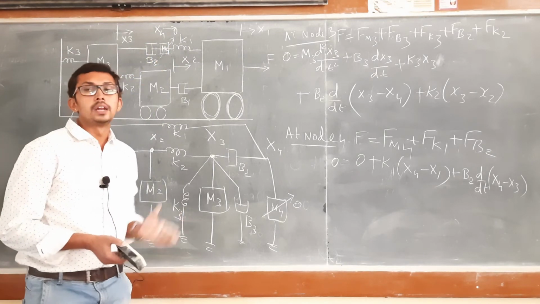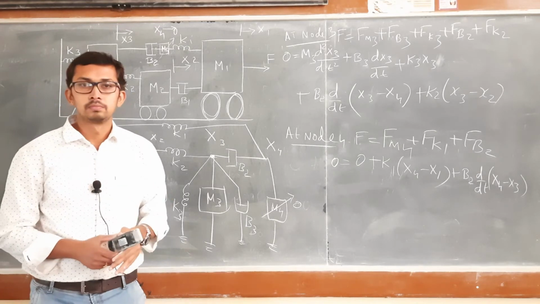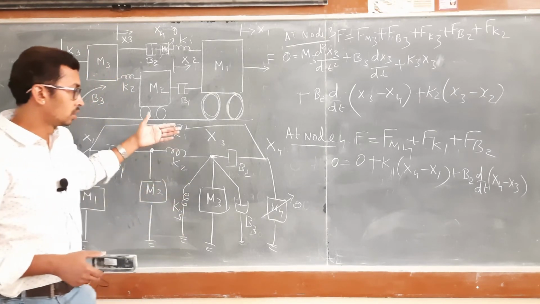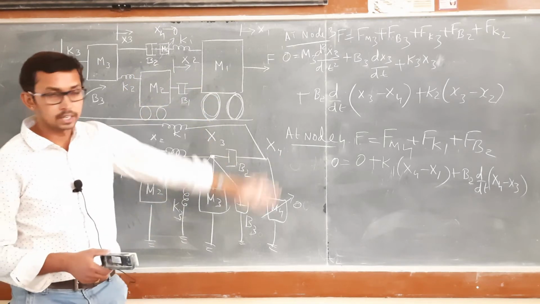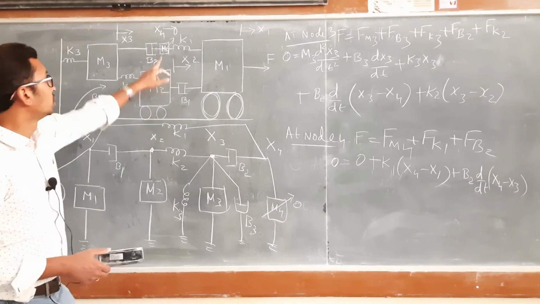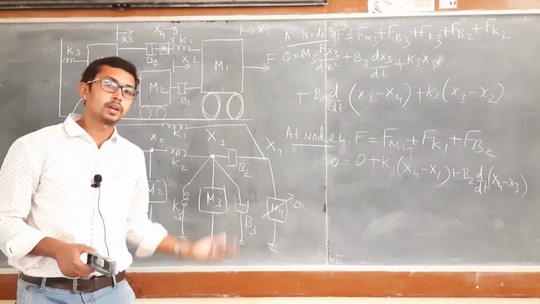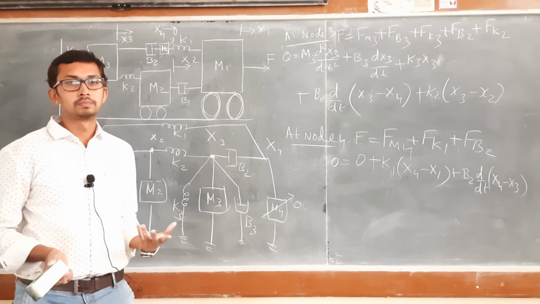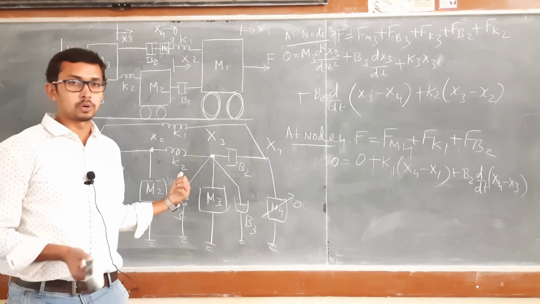As per the rules, number of masses is equal to what? Number of nodes. So depending upon this, we have to write the mechanical network and the differential equation. You have to pay very much attention. If you miss this step, you are going to get a big 0 marks because the number of nodes will be changed. I hope you got this problem. I will take up another problem.